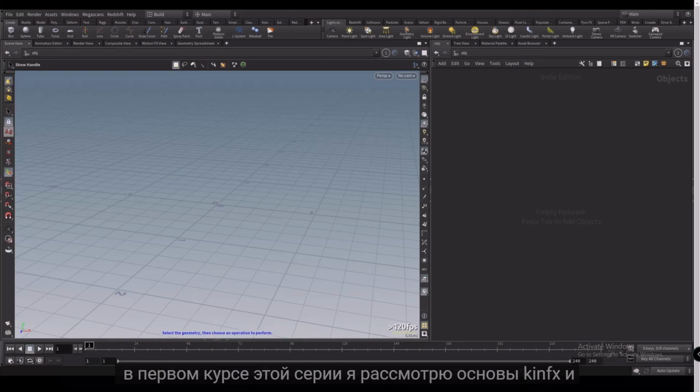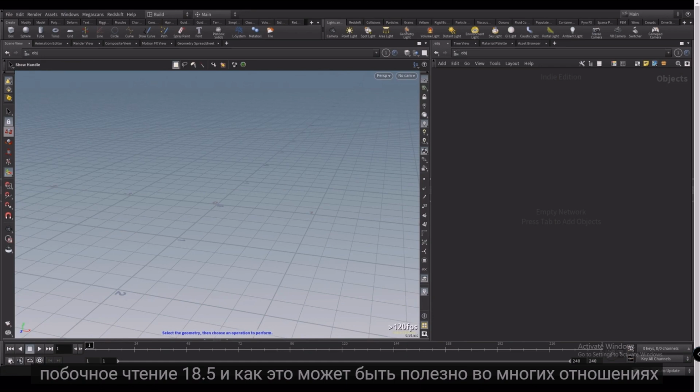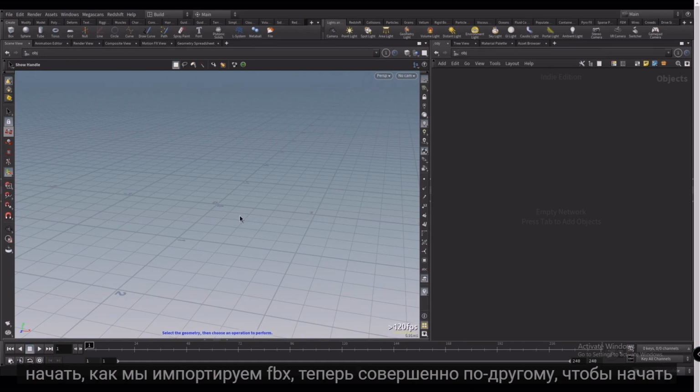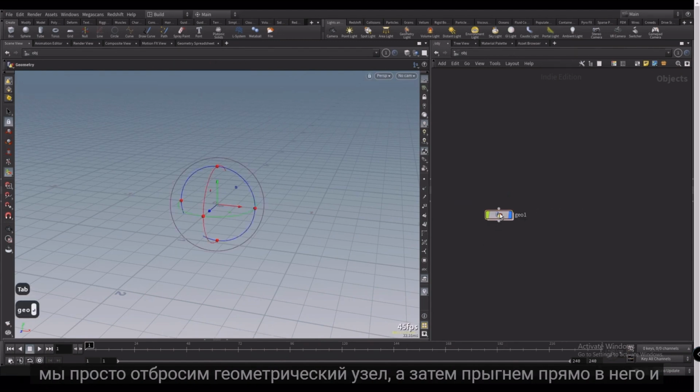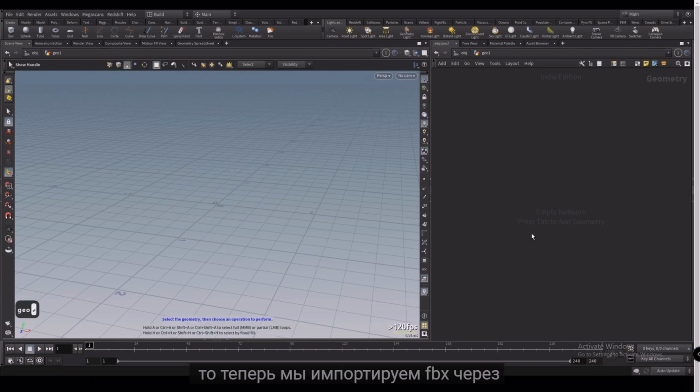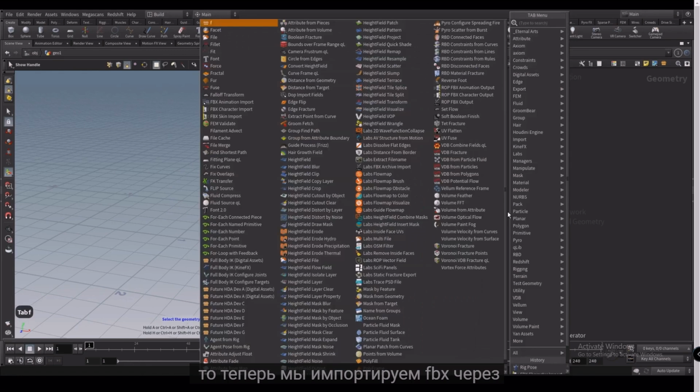In the first course of this series, I'll be going over the basics of KineFX and SideFX Houdini 18.5 and how it can be useful in many ways. To start, the way we import FBXs is now completely different. We're just going to drop a geometry node, and then we'll hop right in that. And then the way we import FBXs now is through FBX,